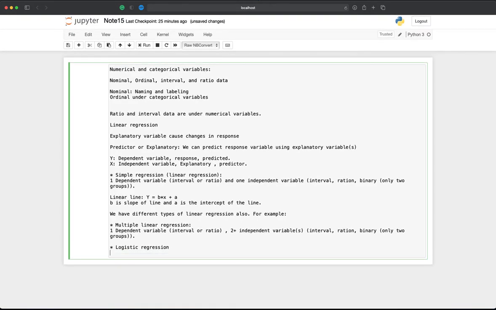And then we can have multinomial regression when we are dealing with one dependent variable, which is nominal, and one or more independent variables, which can be interval, ratio, or binary. And another one,